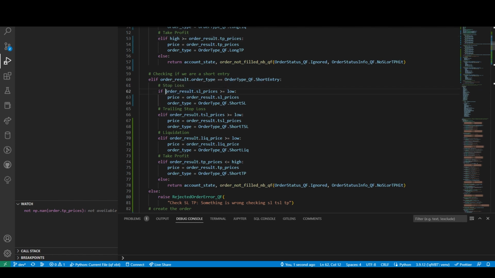So now we have to come in here. And now, for the shorting, if the stop loss is 500, and the price is 550, price is 450. So if the stop loss is 500, and so if the low, wait, the stop loss is 500. So if the high is greater than or equal to, so the high for shorts, the high is greater than or equal to